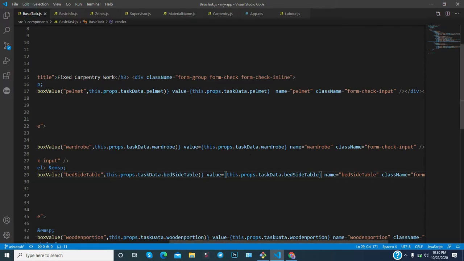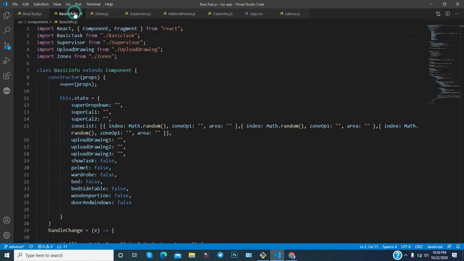In this way you are managing all these things. So this is the basic info, and as you can notice, bed, wardrobe, door and window, all these objects are created for this particular checkbox.